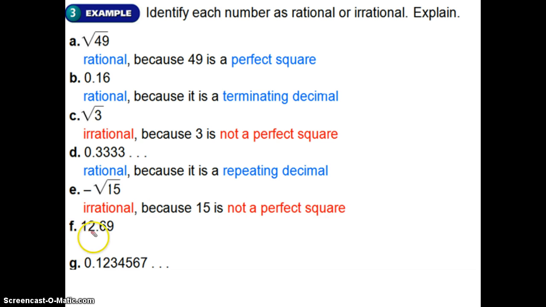The next one, 12 and 69 hundredths. Well, I know that this is a terminating decimal. It ends, so I know that the answer is rational because it's a terminating decimal. And the last one,